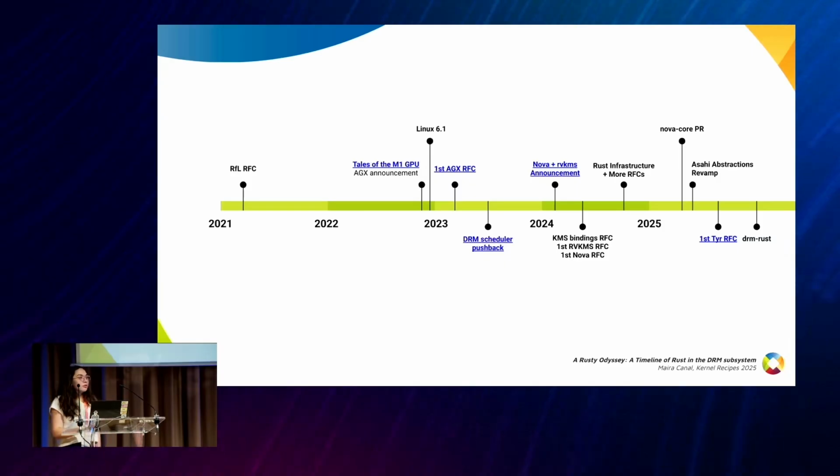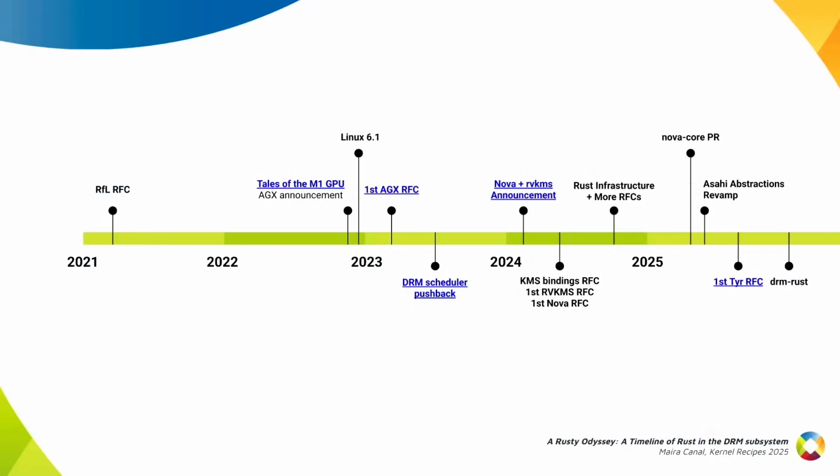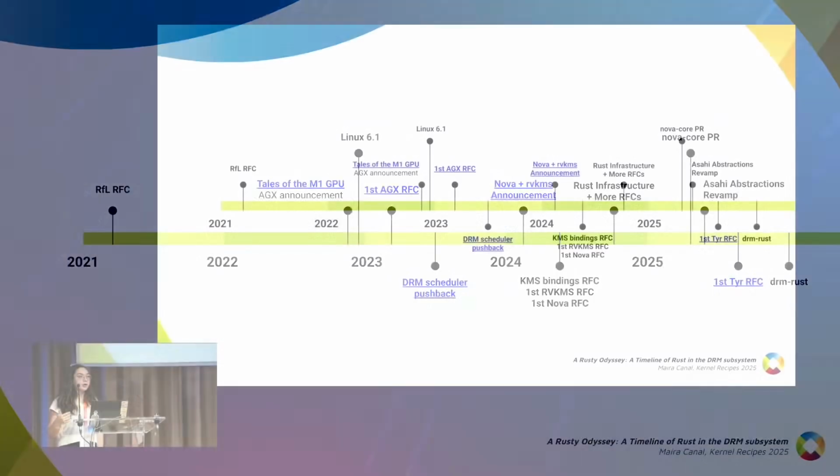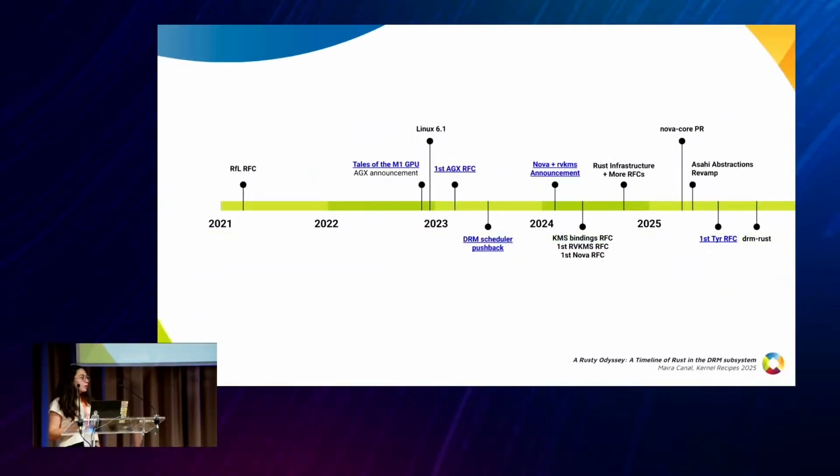But I think that we can say that from this point on, things moved quite fast, especially considering the size of the kernel project. The kernel project is a huge project. It has a lot of years of history behind it. And when we have such a project with so many people, so many stakeholders, sometimes it's hard to make things move forward. And I think that the Rust for Linux project ended up moving quite fast.